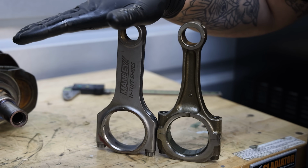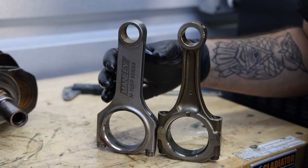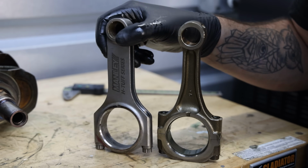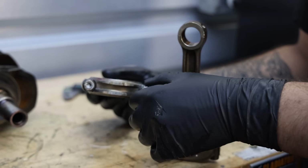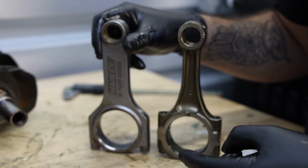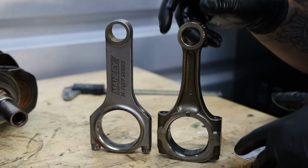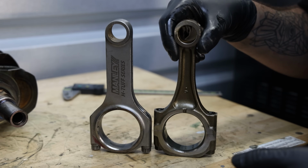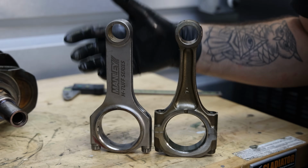Now, aside from this just being a stronger connecting rod, both from a material standpoint and a physical standpoint from the actual neck of this being thicker, the Manley also uses a stronger bolt. These are, I want to say, either ARP 2000 or L19 bolts, and what you're going to get is a stronger clamping force out of that versus what you would get out of a factory normal 12mm bolt holding these together. So in the long run, what you're going to get out of a forged connecting rod or an aftermarket connecting rod